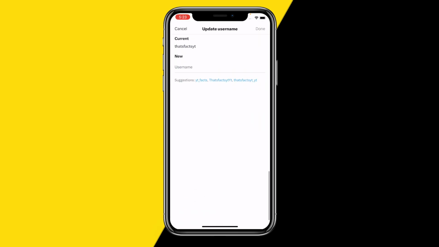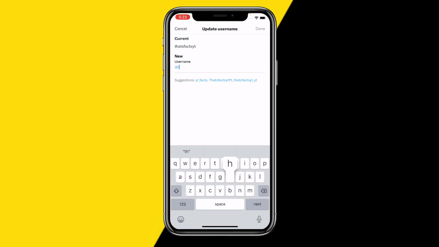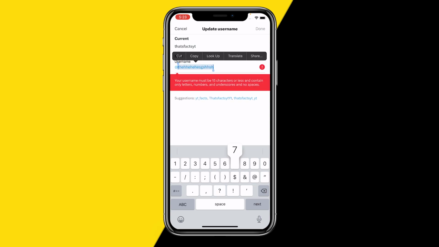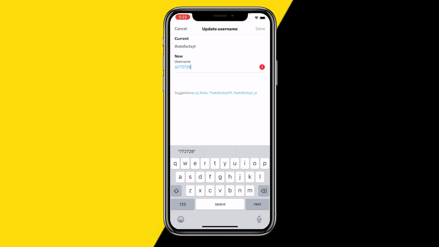on username, and here you can see your current username, and all you then need to do is type in a new username by clicking on continue, and then you can simply type in whatever username you want. And if this username is available, then all you literally need to do, so let me quickly choose a username that's available. All you need to do is